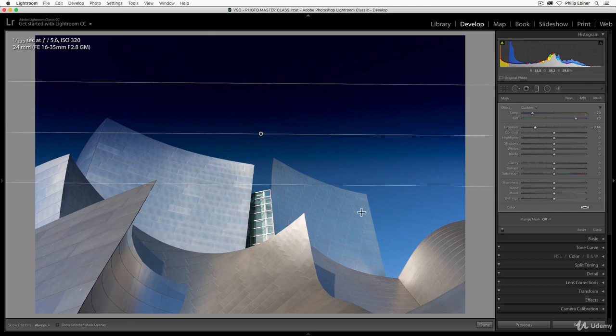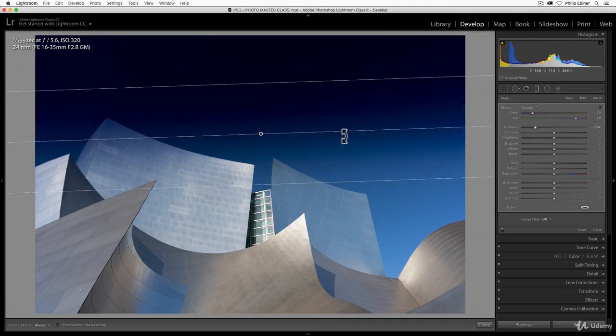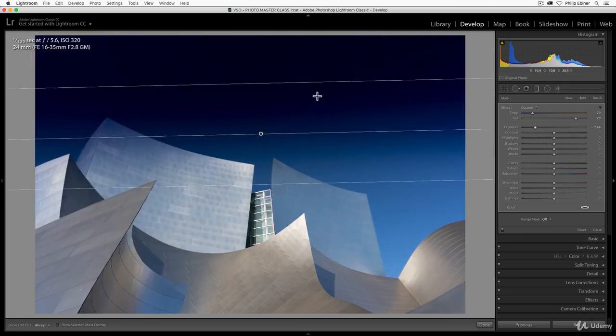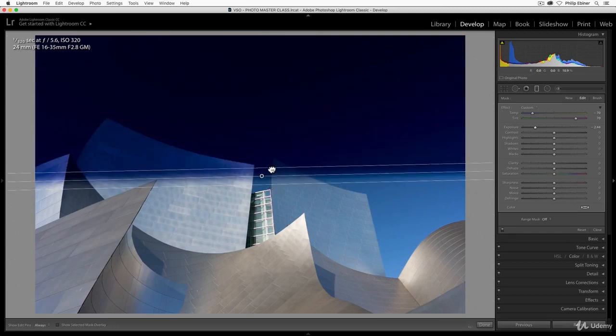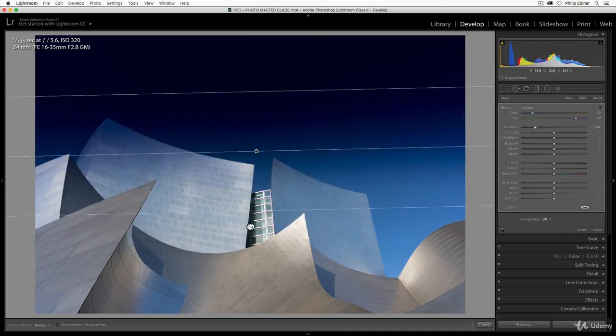So how do these lines work? Well, we can now rotate this graduated filter by clicking one of the middle lines on the left or right of the dot, and clicking and dragging. Or we can click one of the outer lines and increase or decrease the feathering. So if you want a hard edge, you can do it like that. To move this middle point, you can click it and drag it up or down. And then again, if we click the bottom line, it's going to increase or decrease the feathering.